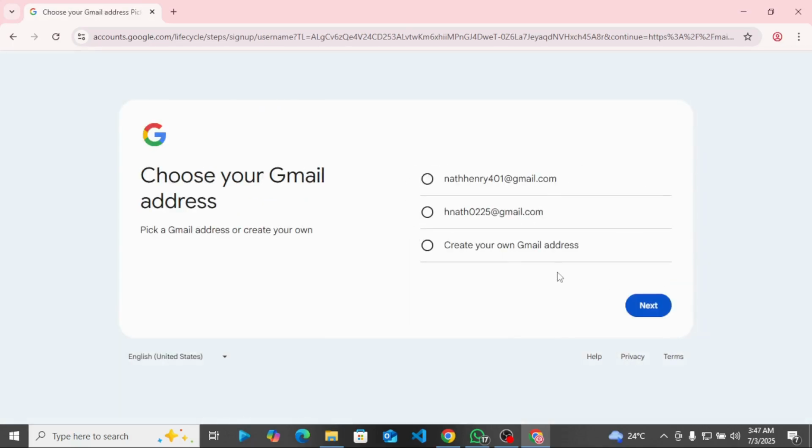Then Google will give you available Gmail addresses for you, or you can create your own. You can see here, create your own Gmail address, or they'll bring out available Gmail addresses for you. So let's go with this first one. Next,